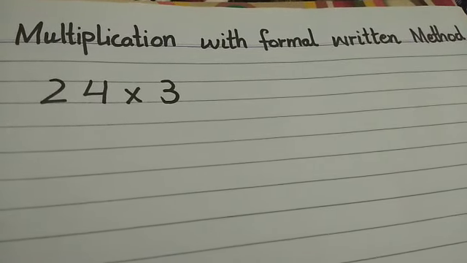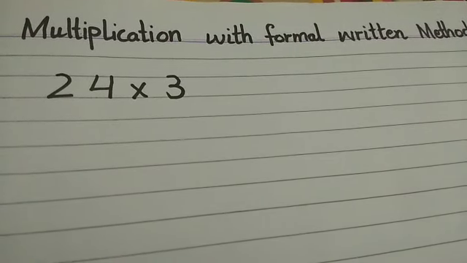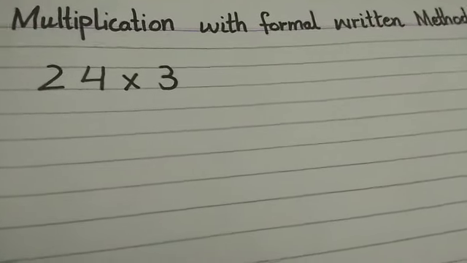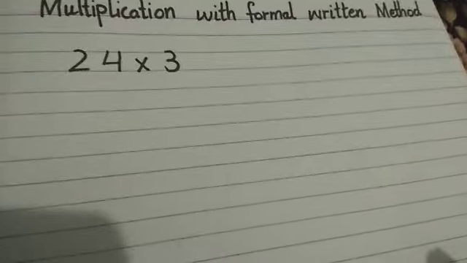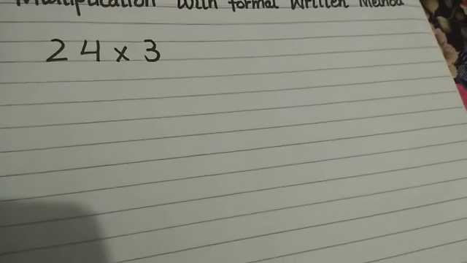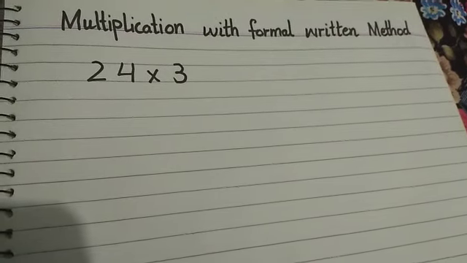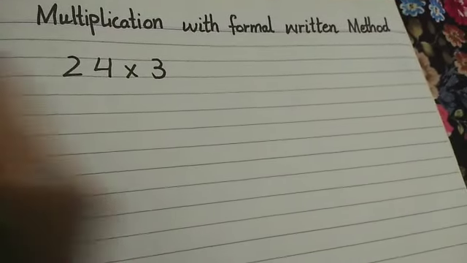Multiplication formal written method. How can we multiply a single digit number with double digit numbers? How are we going to multiply? Let me tell you that I am going to make it more interesting and more fun oriented. It will be easy to understand how we can multiply a single digit number with a double digit number. Now I am going to write that this is the ones.